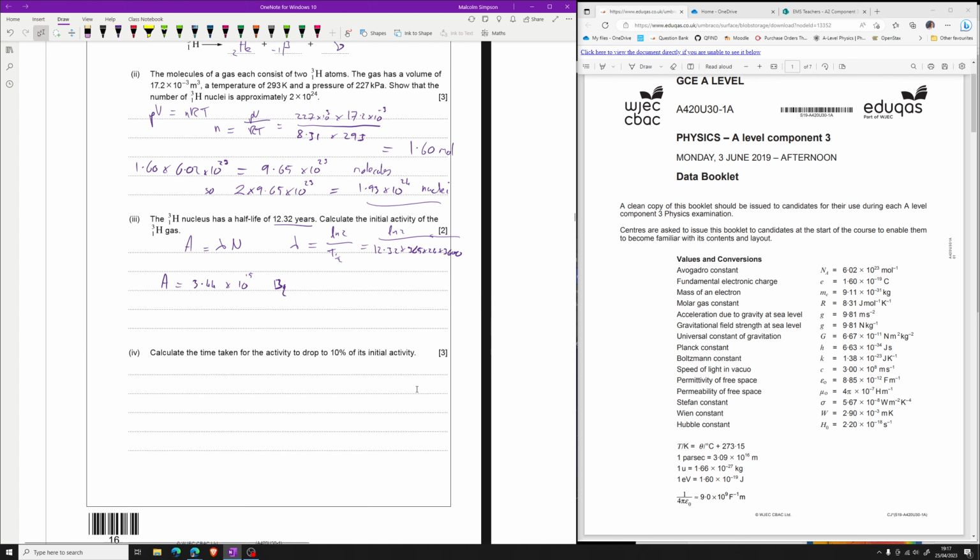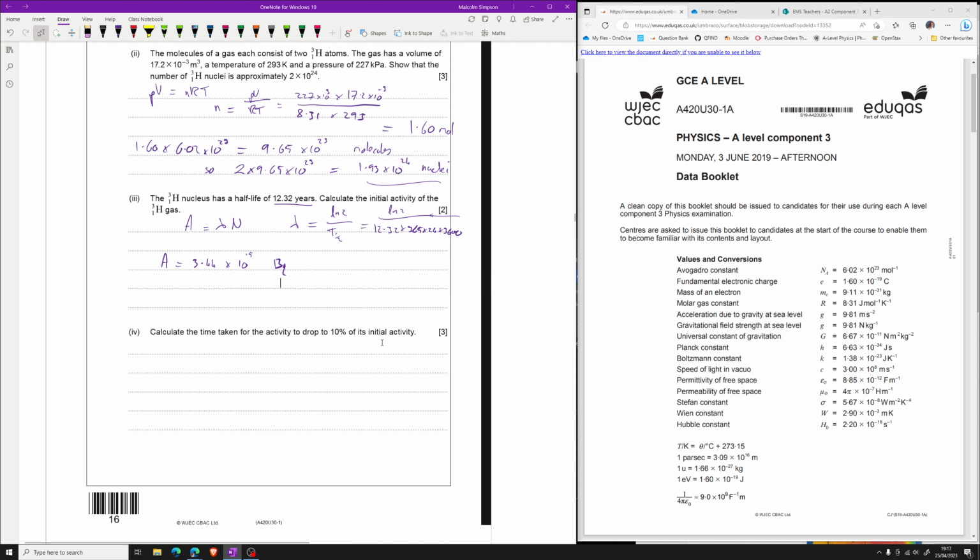Calculate the time taken for the activity to drop to 10% of its initial activity. So this is the equation we're going to use. A equals A naught e to the minus lambda t. And A over A naught is equal to 10%. So 0.1 equals e to the minus lambda t. Therefore, e to the lambda t is equal to 1 over that, which is 10. And t is therefore equal to natural log of 10 divided by lambda,